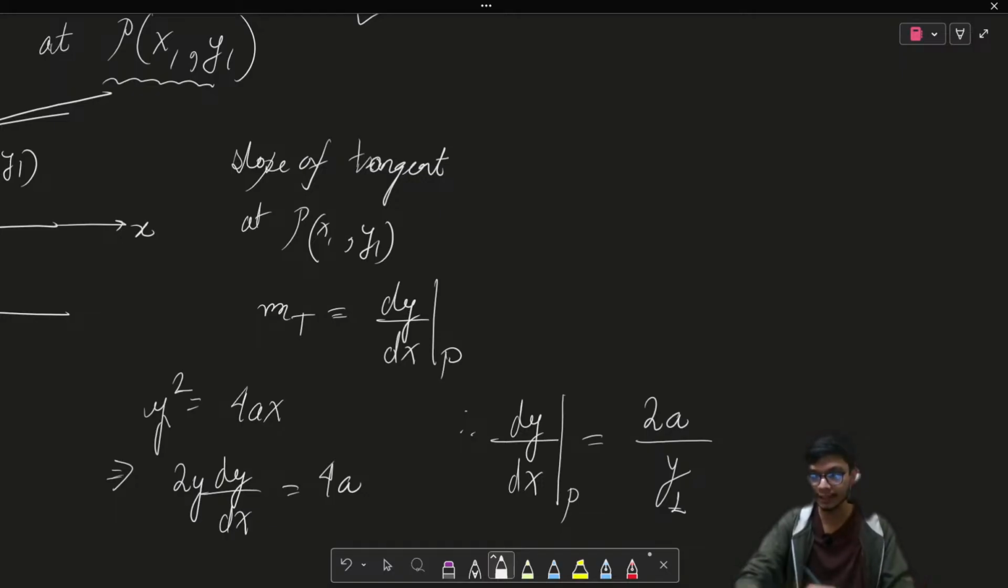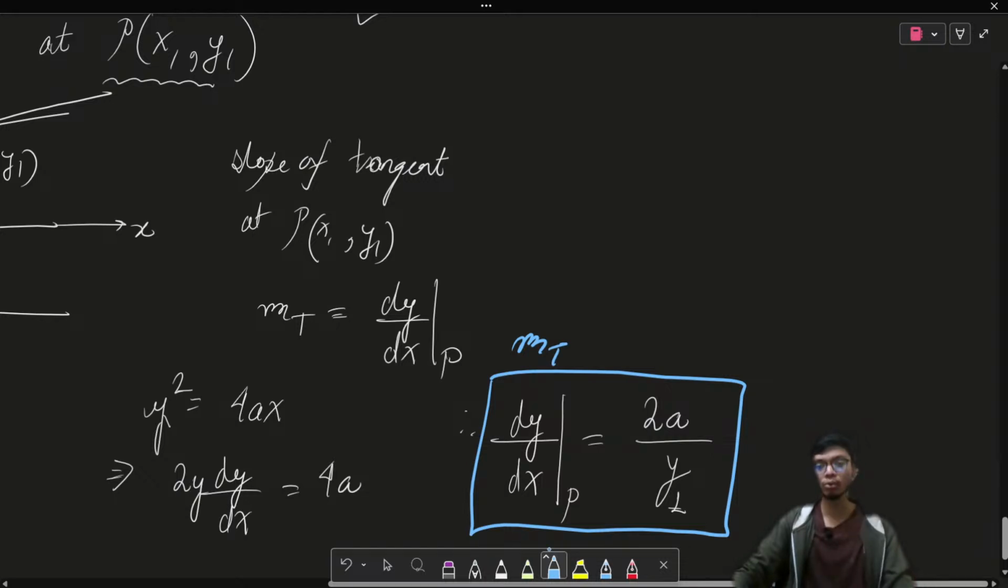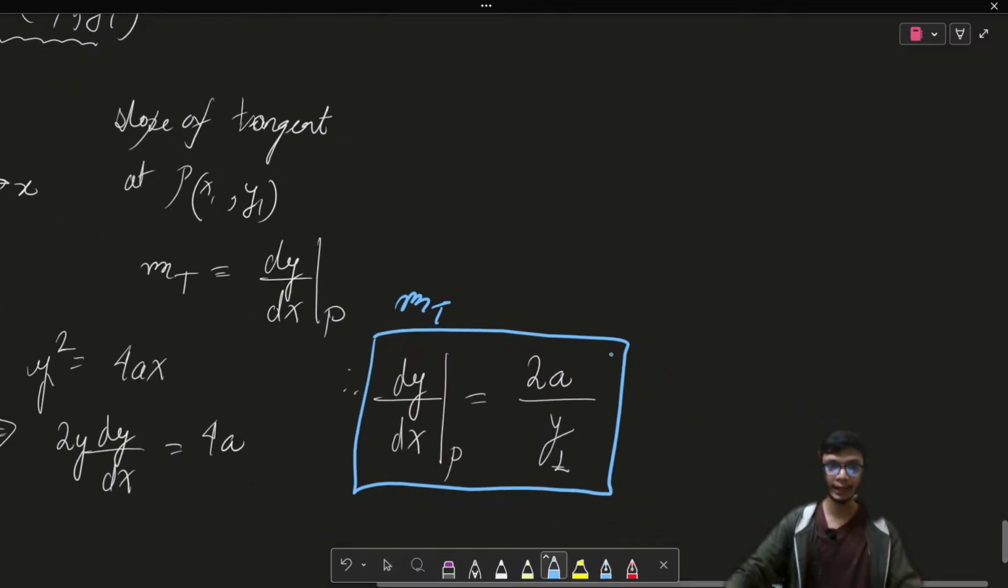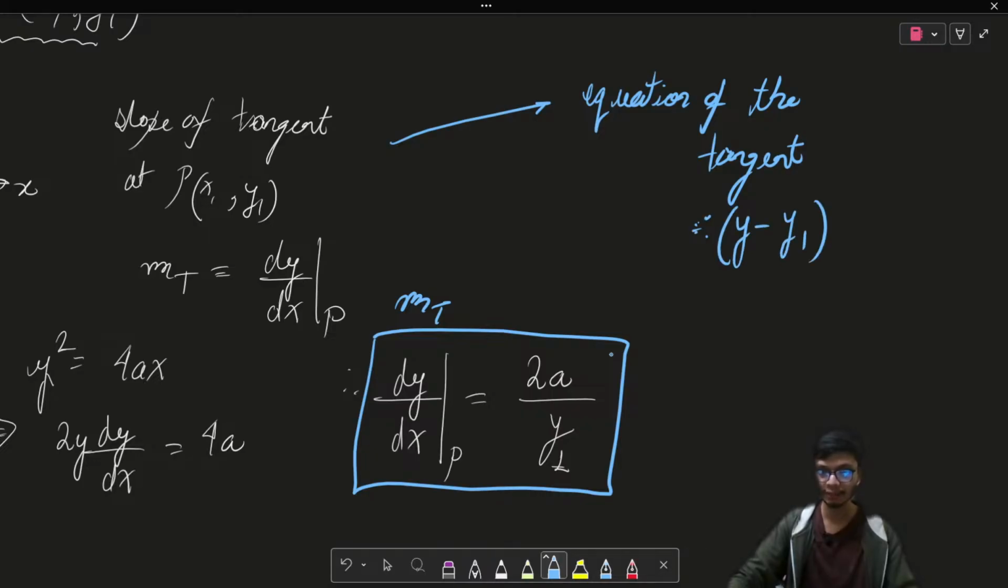So the slope of the tangent at a particular point P is given in this form, right? The slope of the tangent at a particular point P is given as 2a upon y1, right? Now from here, if I want to formulate the equation of the tangent, what will I get? From here I can easily formulate the equation of the tangent using the line equation,